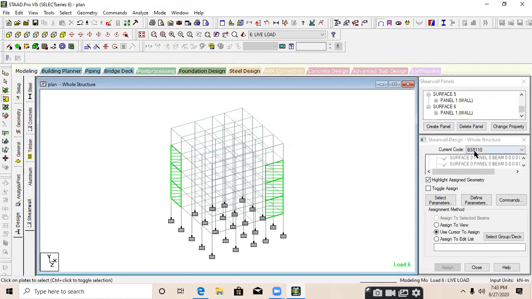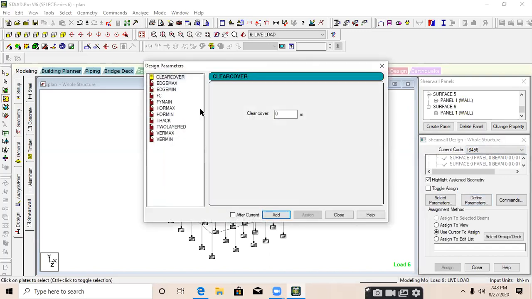Then go to Current Code. The code will be IS456. Select IS456 and go to Define Parameters. In Define Parameters, you just need to provide a clear cover. If you are not providing, the software will take it automatically.